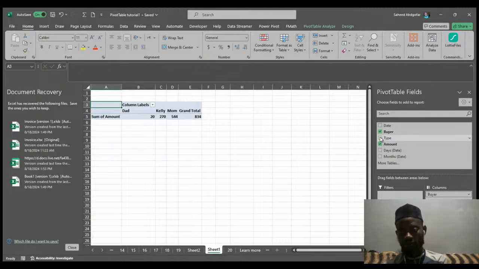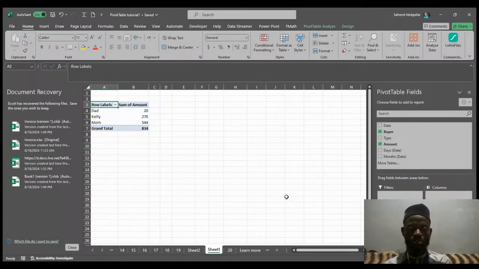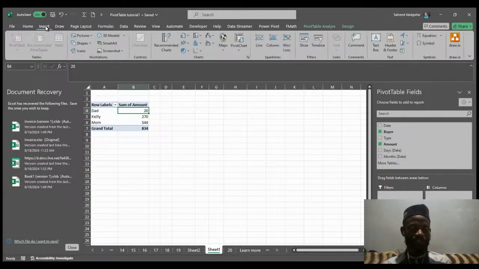I've moved the type, so then this buyer, I'll create it into rows. So this type of data as it is now, I want to make a chart from it. I want to create a visualization from this table. So this is a pivot table, right? Let's say I want to make it into a chart as well. Same thing, you just click inside it, then insert, right? On this insert,